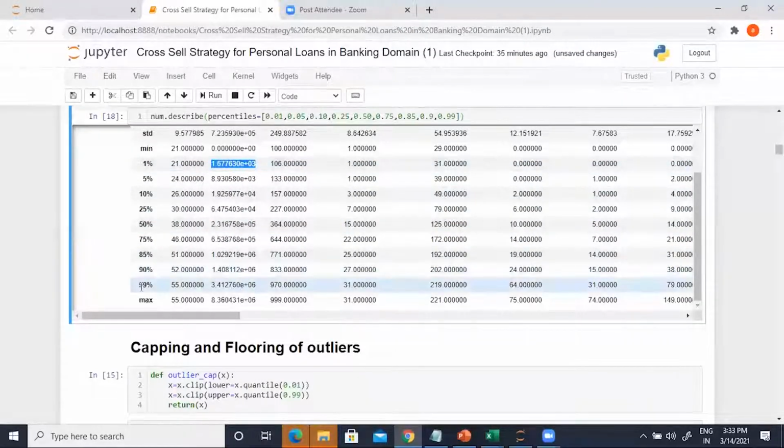Now, if you see the 99% number, it means that 99% of people are lower than or equal to 3.4127, whatever the number is, right? So that's how you interpret between 1% and 99%. So outliers are values that lie outside this range. Between 1% and the minimum, you will have the lower end outliers. Between 99% and the max, you will have the upper end outliers.